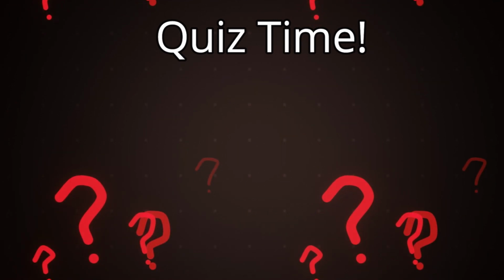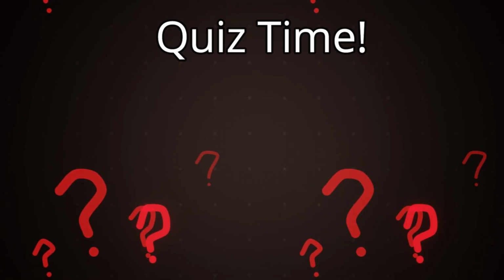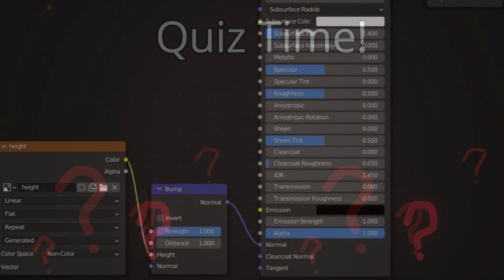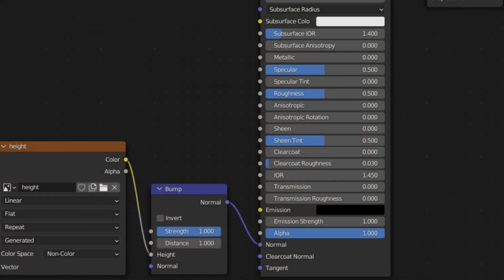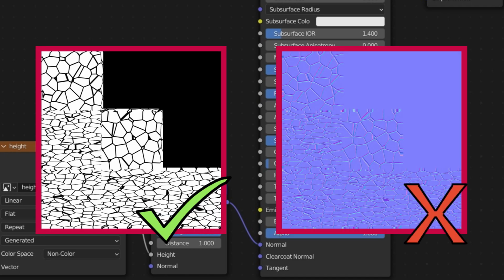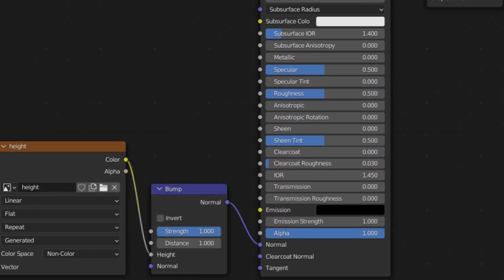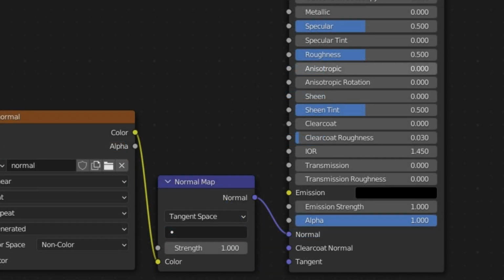Number 1. Does the bump node affect the geometry of the mesh or just the normal information? The bump node, since it is plugged into the normal of a shader, that means it's affecting the normals at a pixel level. Although it does use a height map and not a normal map, this height map is converted into normal information by the bump node. Using the height map and bump node can be a great alternative to the normal map node and normal map, since you can get a lot more detail.